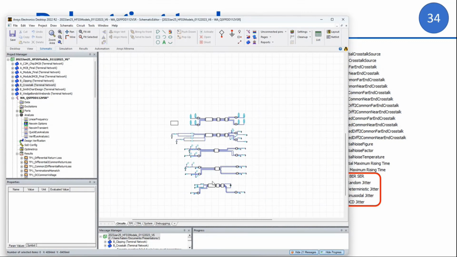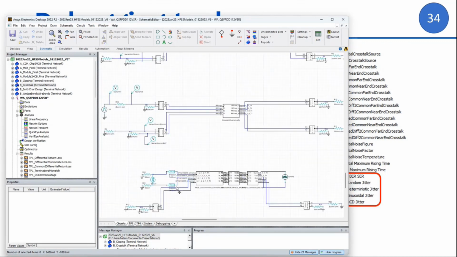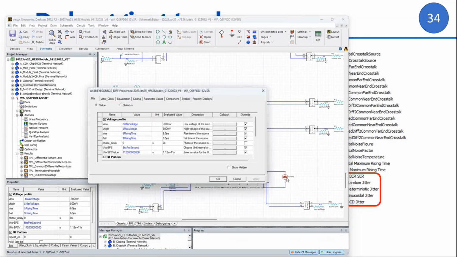So the circuit that we are talking about is this circuit that you see here, where I'm using the eye diagrams. So I have an eye source and we have an eye probe. And by the way, you can remove these and replace them with IBIS models. If you have an IBIS model, you can use it. But if you don't have an IBIS model, what do you do? Don't panic. You come here, we have these, and you can do a lot with them. So I can go to the TX. Remember, we are now looking from the RX side. We are looking at